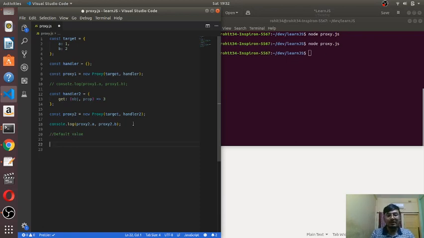First, since I have already done this const, what is this handler part? Yes, this handler part. Let us give a new handler as we have done earlier. Let us call it defaultValueHandler. So this is my default value handler, a new handler that I am going to apply on my target object. And what should I do?